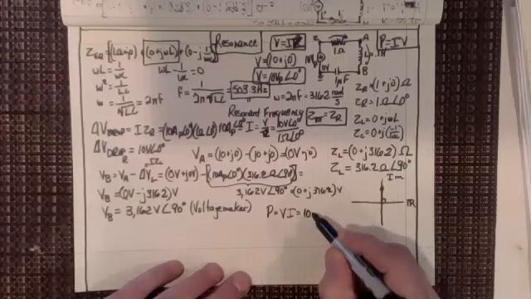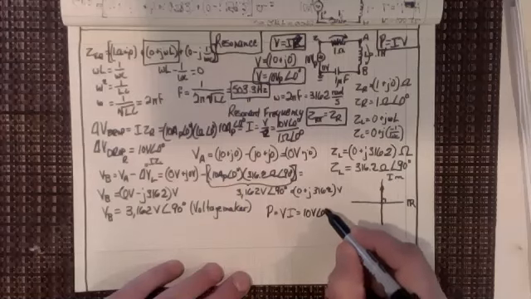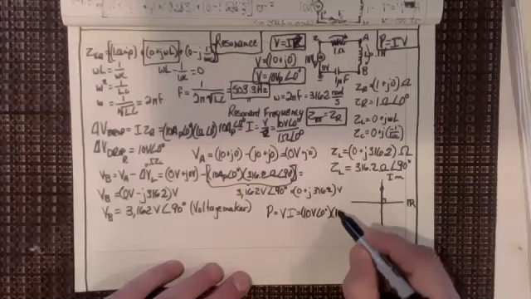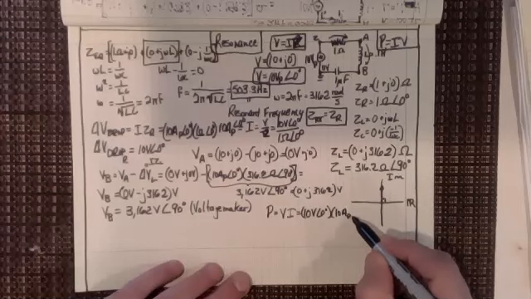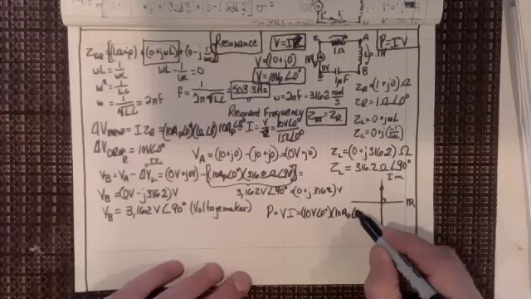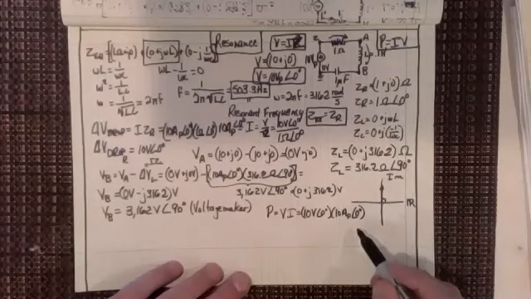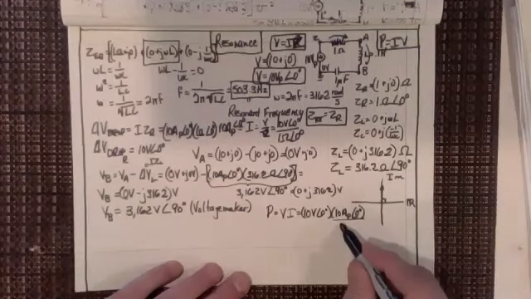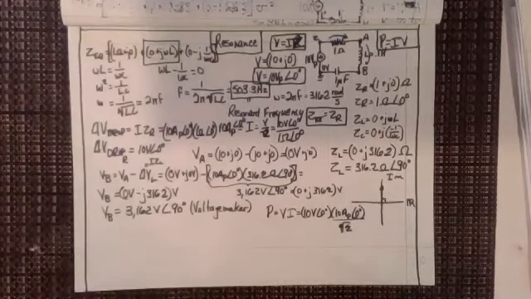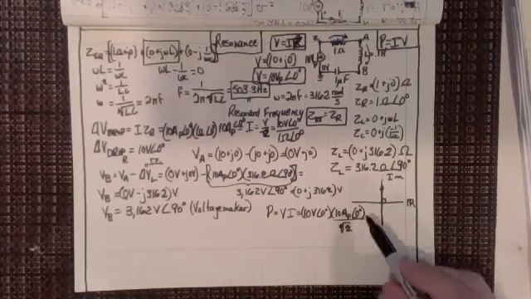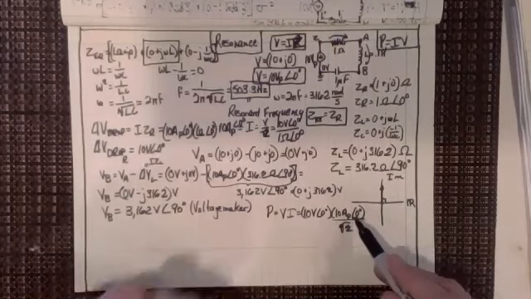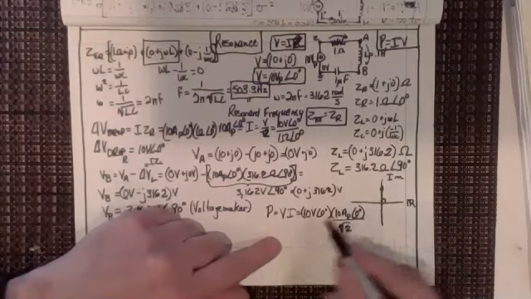So if I have 10 volts at an angle of 0 degrees times 10 amps peak at 0 degrees, divided by, of course, the square root of 2, because we have to change that from peak voltage or peak amperage